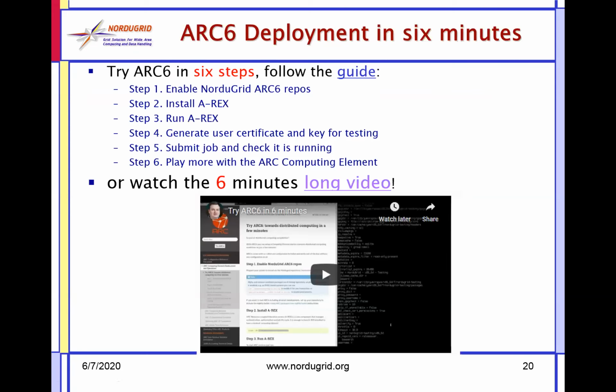Yep, and if you want to deploy ARC in 6 steps, what you need to do is follow this guide on the web page, and I just listed the quick 6 steps what you need to do. So you need to enable a software repository so that the ARC packages will be available. Then after the installation of the ARC packages,